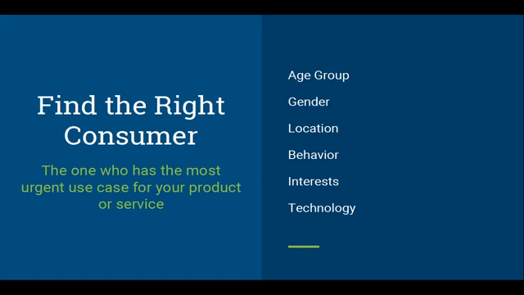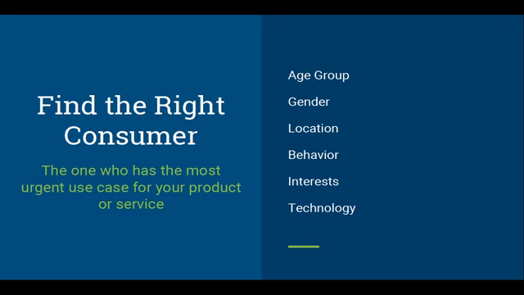How you define this audience is also very important. It cannot be as generic as somebody who is in sales. You have to define who in the sales ecosystem is the right person for you. Is it somebody who has just started doing sales, or somebody who is experienced? Somebody experienced at sales already has a solution for email tracking, so he may not look at your solution. Somebody who is new to sales might be more receptive to your new app. So that's how you figure out who's the right consumer for you.